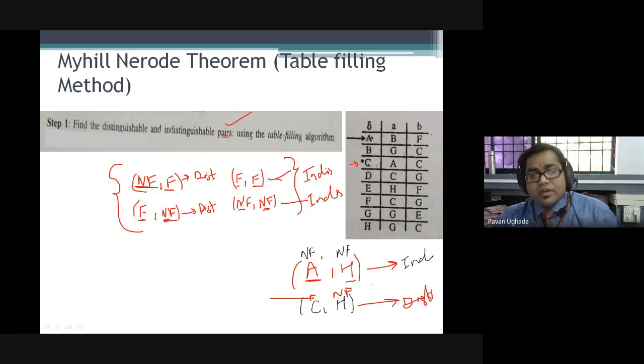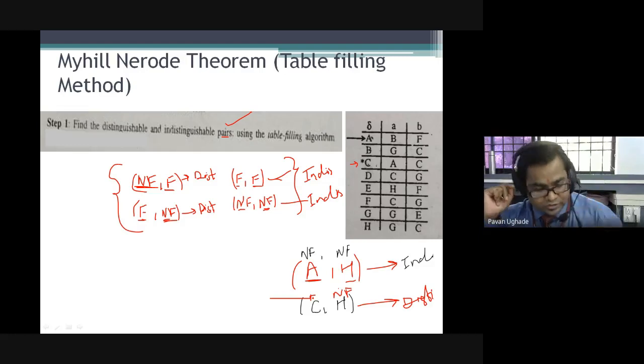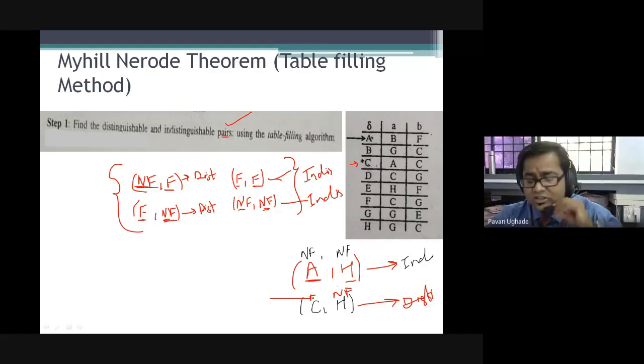Now see, we are talking about minimization of the automata. So we do not have to consider the factor of initial state. Only we have to see the final and non-final state. Because we will be clubbing them as final and non-final in the first step. As you remember from the state equivalence method, in set 0 and set 1 what we have done: final states we have kept in one set and the non-final states we have kept in a different set, right? Here also we are interested to understand which are in the final set and